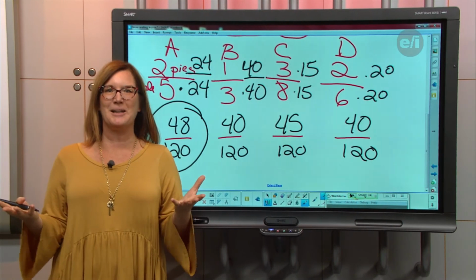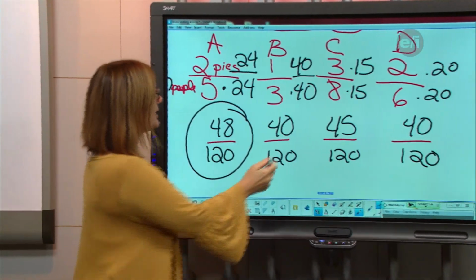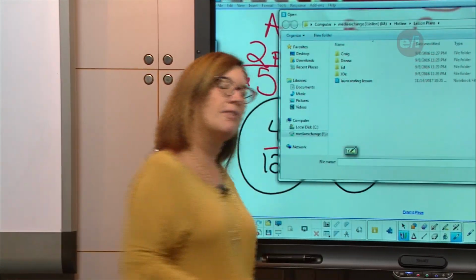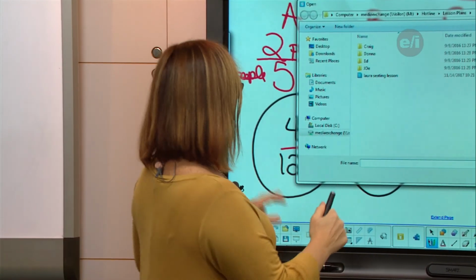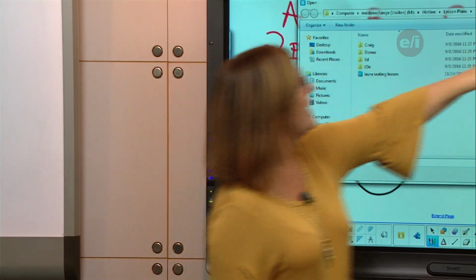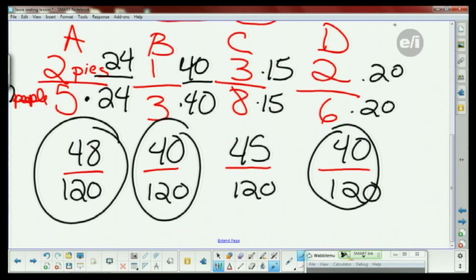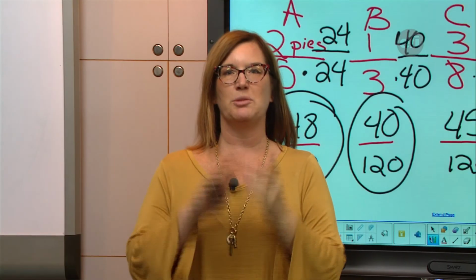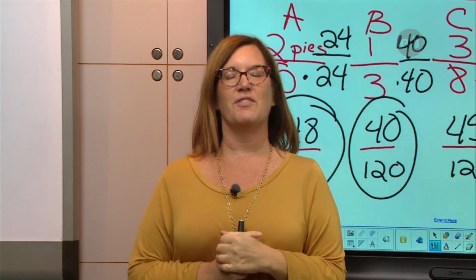I'm curious how many of you guys picked Table A. The next biggest choice is going to be Table B. B and D are tied, which we already figured out, remember? And then, whoop, the last table that we're going to have is going to be Table C. All right, so going back here, when we looked at our prizes, at our tables, you want to sit at the table that you got 2 out of 5 pieces of pie.